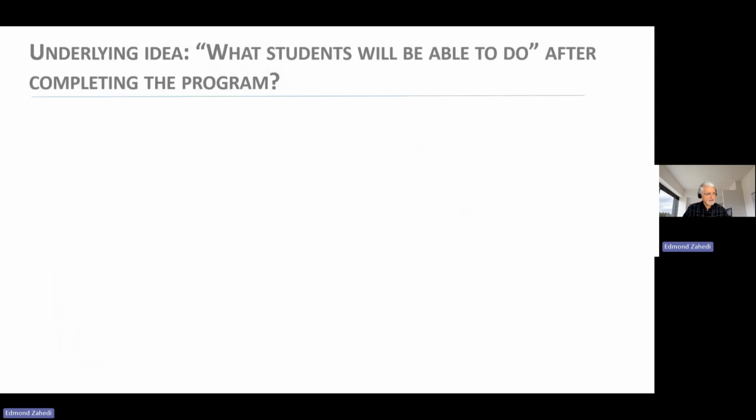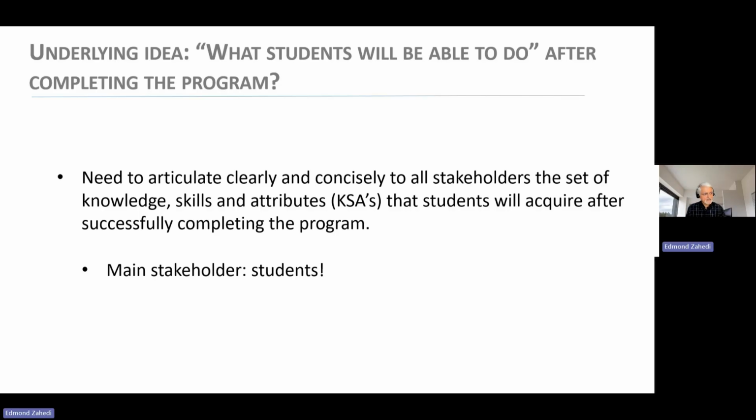So what is the underlying idea? The core idea of the problem that a PLO is addressing is that instead of stating what we are going to teach students, we state what learners will be able to do, in other words, the learning outcomes.